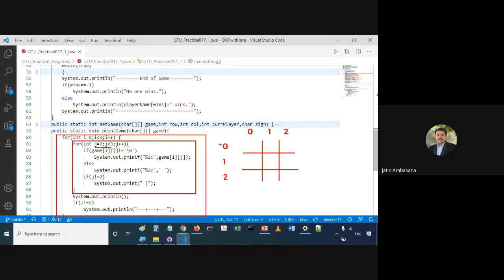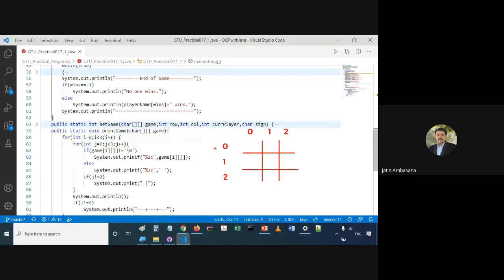Right now i is equal to 0. Then j becomes equal to 0, then j becomes equal to 1 in the next iteration, and then j becomes equal to 2.